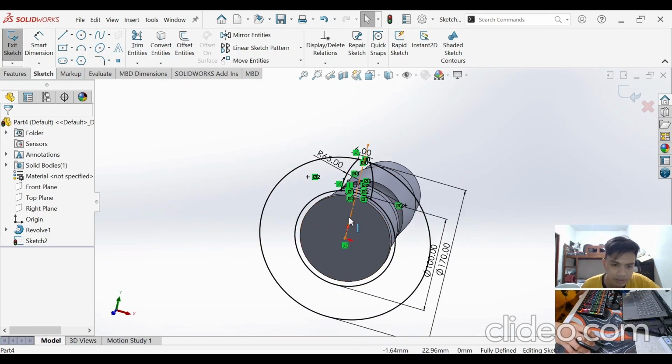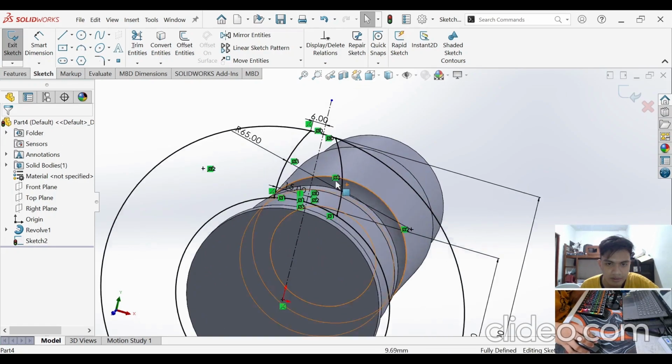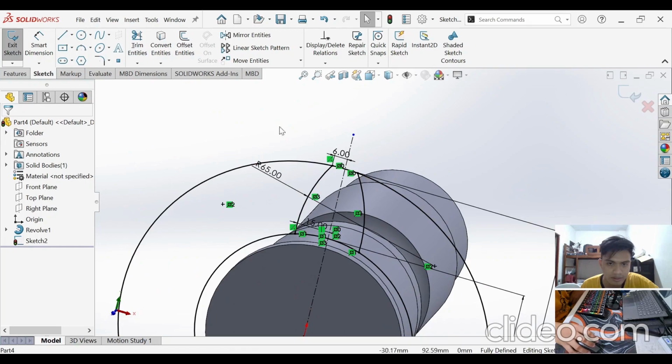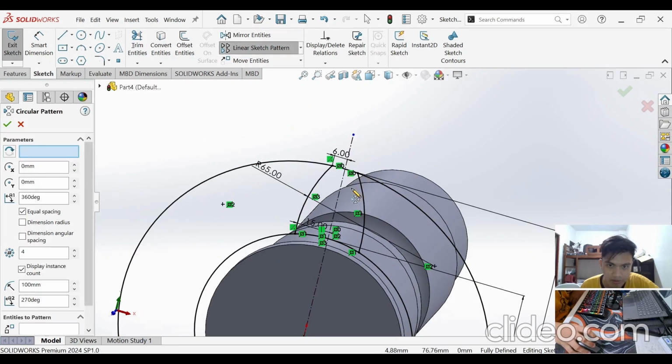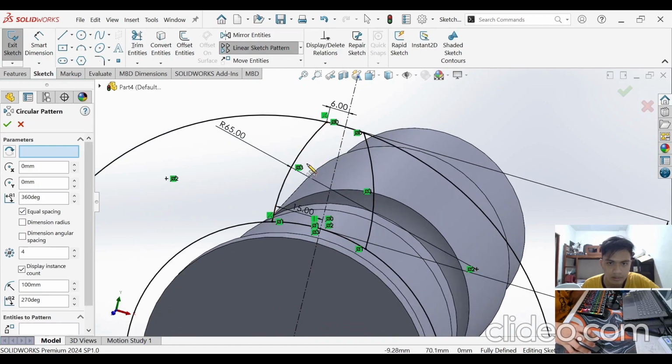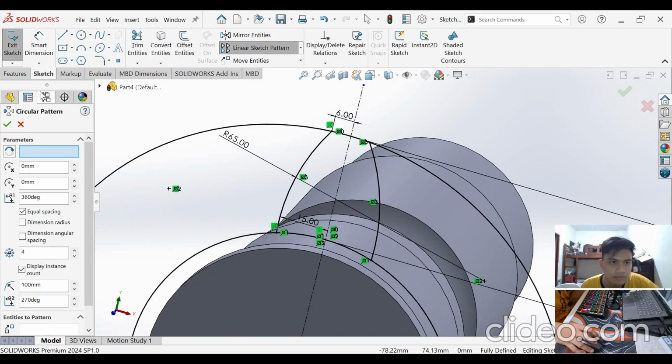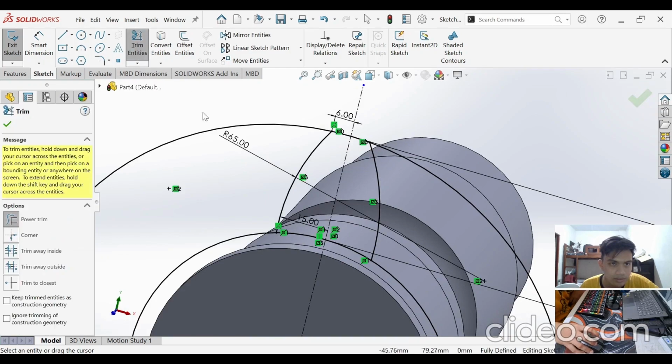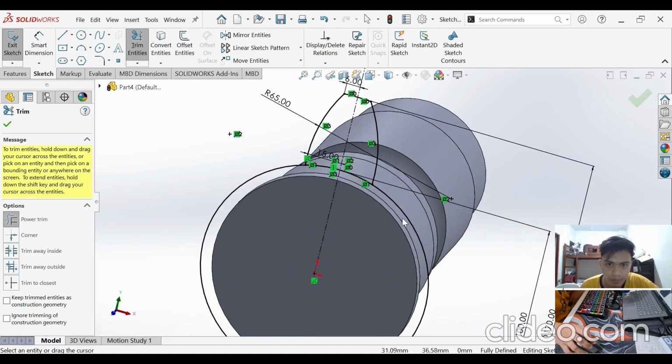In our desired helical bevel gear, we should have a total of 8 teeth in this sketch. So in order to do that, just select circular sketch pattern, and wait, before doing that, let's first trim the circle that we have made earlier.